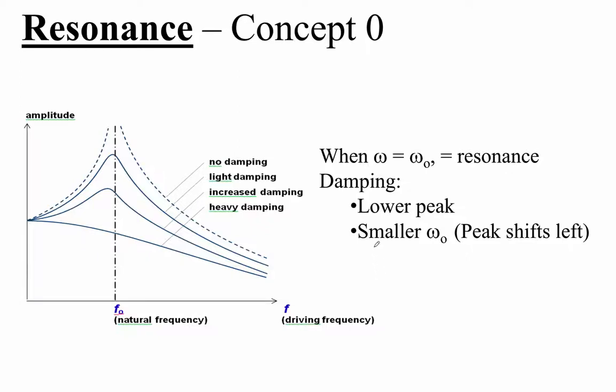Concept zero is really pretty simple. If you have an oscillating system, like a kid on a swing or a mass on a spring or something like that, and if you provide a driving frequency, if this is our driving frequency with the resonant frequency, okay, where they are equal, right, the system just goes crazy. Okay, so this dotted line here, this is an asymptote that approaches infinity.